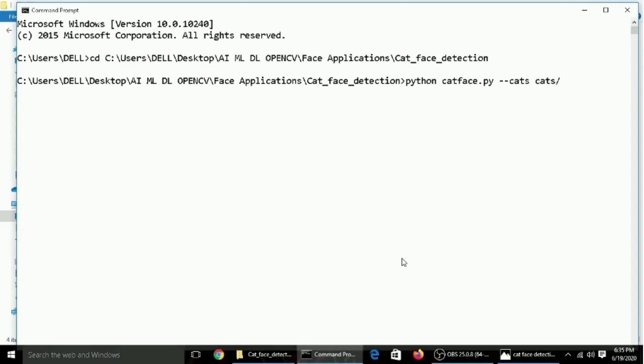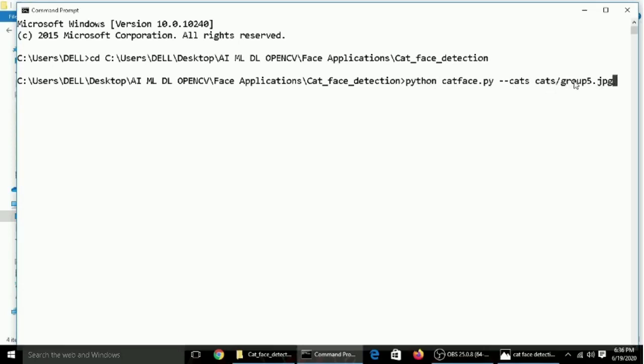So the image would be, say, group5.jpg. Now this image I had saved with that name. So this is the syntax for executing the code using the command prompt. That is, you start with python filename.py and the arguments. In this case, the image is saved in a separate folder.